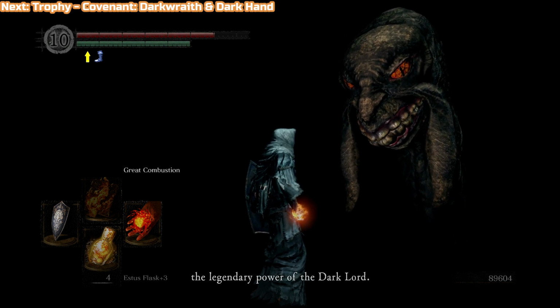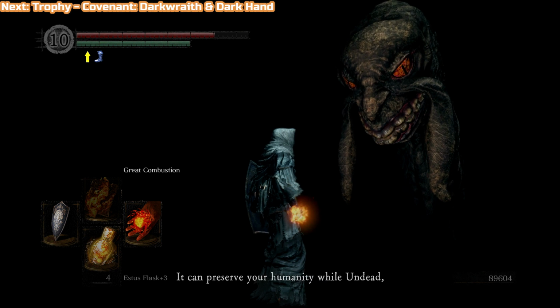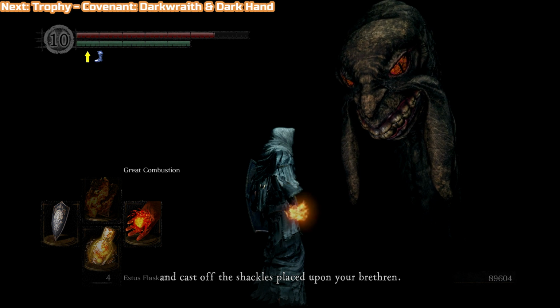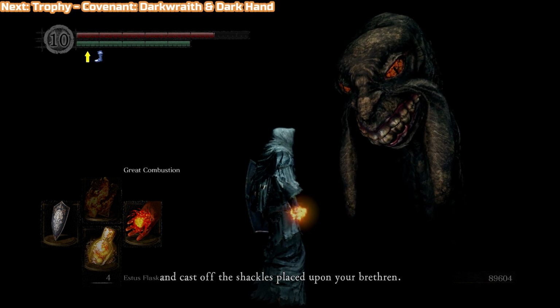The legendary power of the Dark Lord. It can preserve your humanity while undead and cast off the shackles placed upon